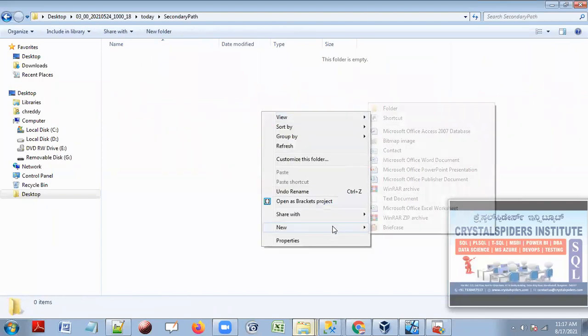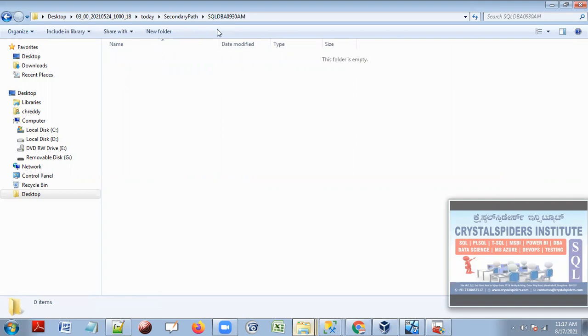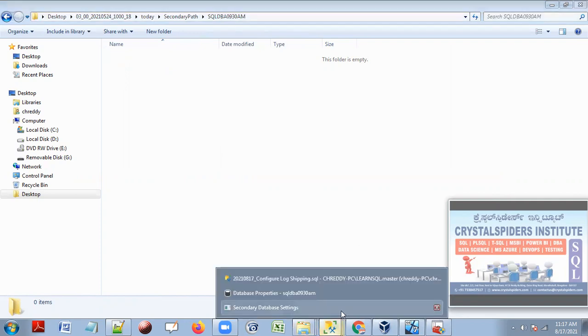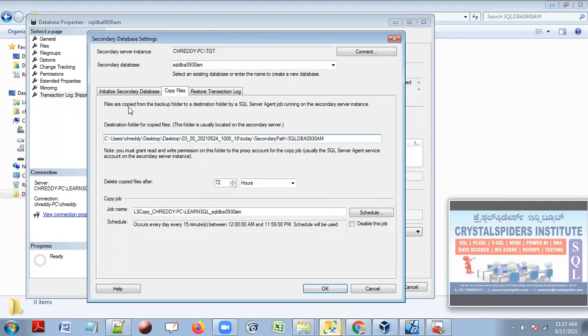SQL DBA 930 AM. This is the path I am going to select. This is not a shared path, guys. This path will be acting as a local path, the secondary path. Let's copy this whole path and put it in here, because the files will be copied from the shared path to this path, guys, by the copy job.